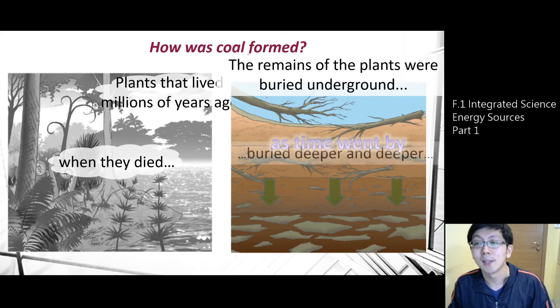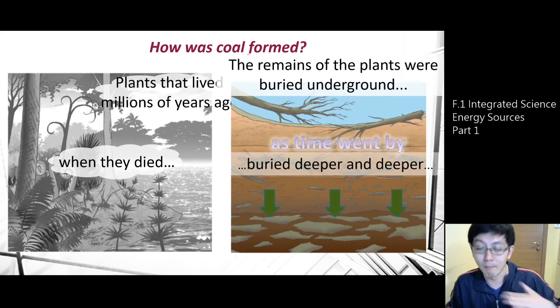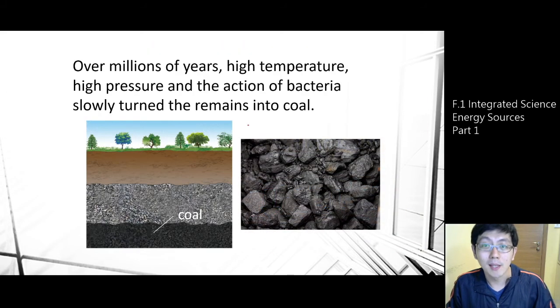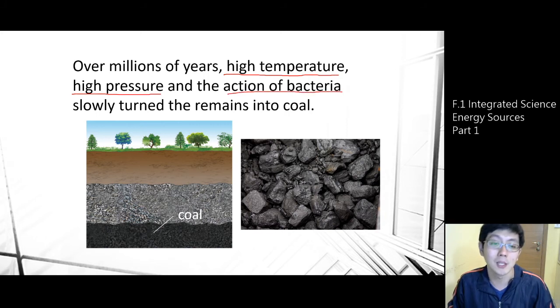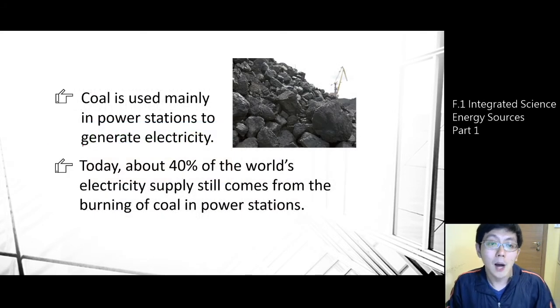When they die, they may be buried underground, 俾泥土埋咗嘅。And these remains under the effects of high temperature, high pressure, and the action of bacteria, there's some process occurring, they will turn into coal, 變咗做煤，由植物變成出嚟嘅化石燃料煤。